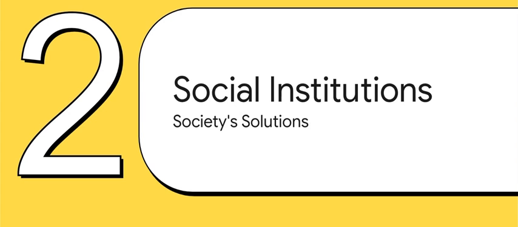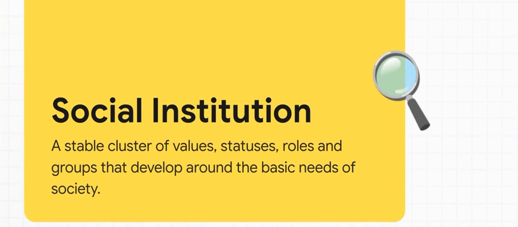So how in the world do societies handle this big checklist? They don't just make it up as they go. Nope. They create these established, organized solutions that sociologists call social institutions. And that is the key idea for everything we're talking about today. The best way to think about an institution is as society's official game plan. And it's not a building or a place, it's a blueprint. It's the collection of rules, roles, and shared ideas that gives us a standard way of dealing with all those big survival needs over and over again.